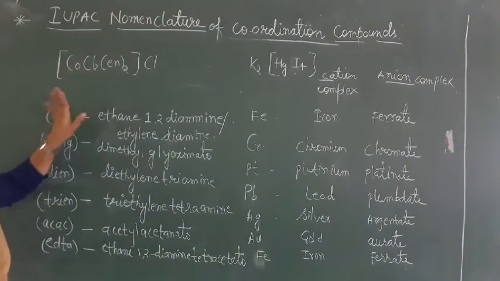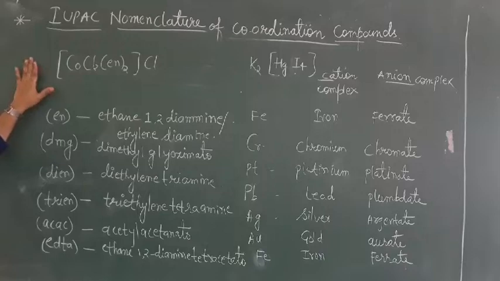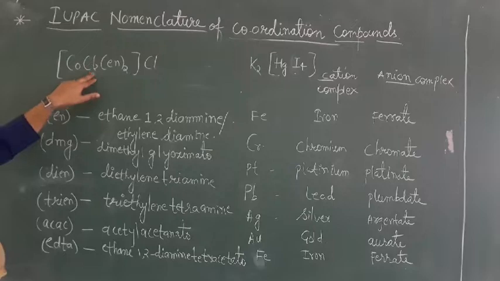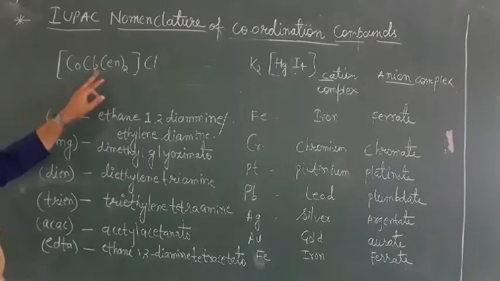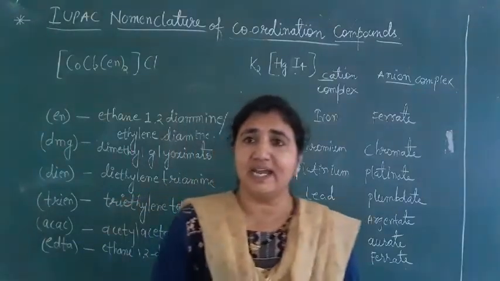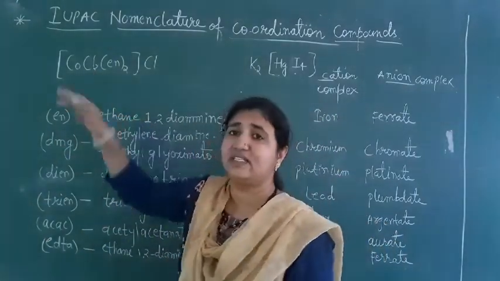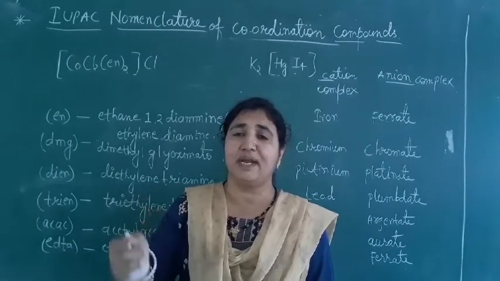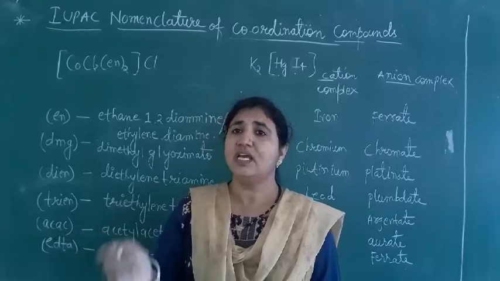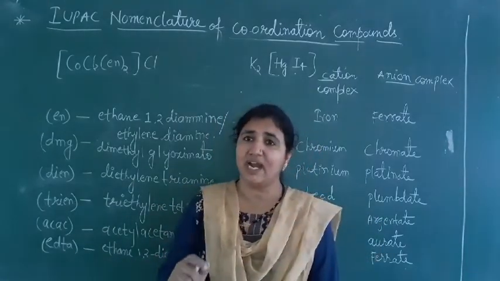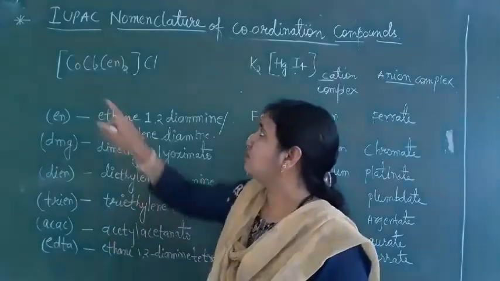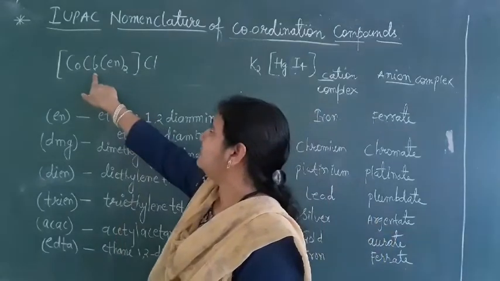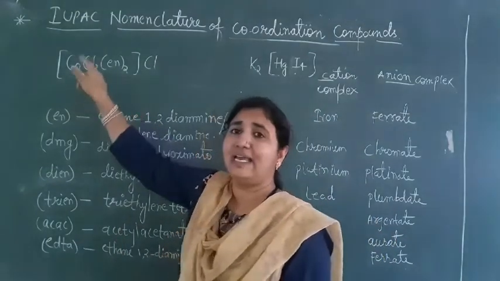If you have multiple ligands of the same kind, as in Cl2 en2, numbers are put here. How will we write it? First we write the ligand names. Here we have chlorido and en. If we have more than one of the same ligand, like here 2 ligands, then we use the prefixes di, tri, tetra, penta, hexa, hepta, octa. So that's why Cl2 means we write dichlorido.